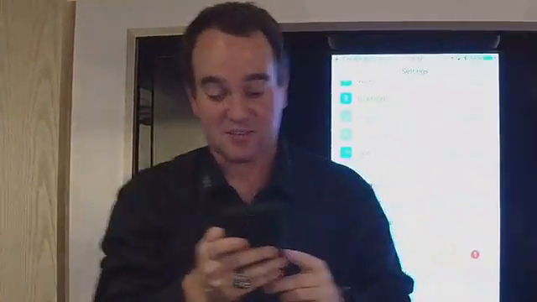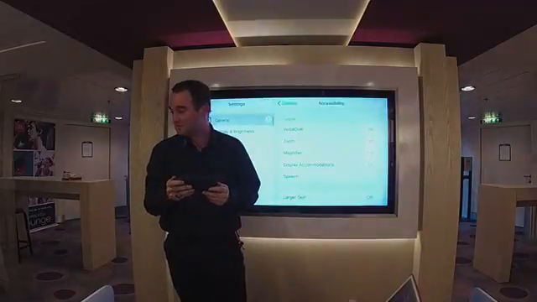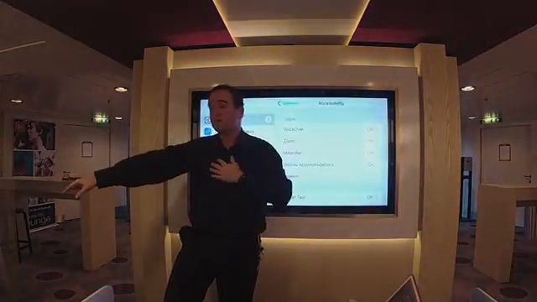So we're going to go into our phones or our tablets. We're going to go to Settings. We're going to go to General. And we're going to go to Accessibility. And we're going to live inside of Accessibility for the next while. So Settings, General, Accessibility. Now, this setting used to be in,